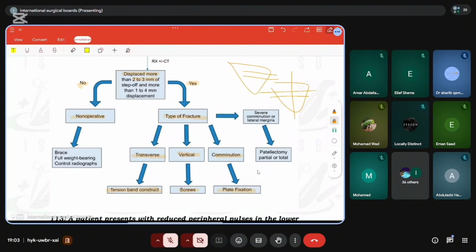There are special plates for the patella, little plates with little screws that can bring the fragmented segments together. In the past, they used to do tension band with something that looks like K-wire. We can bring the multiple pieces together into one piece, but now they think the functional outcome is less favorable. So plate fixation is favorable for comminution. If there is extremely severe comminution, that is the patella is a billion pieces, then you may consider total or partial patellectomy. But patellectomy in general, we don't like it so much, because